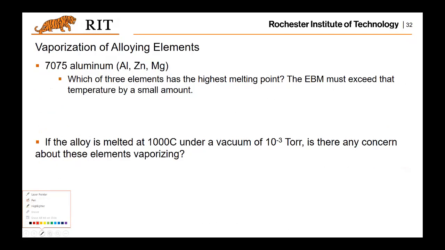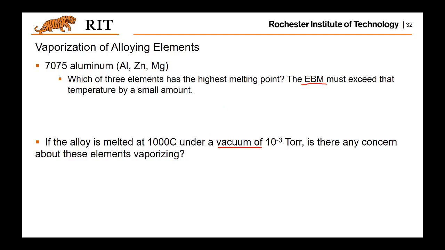For different elements, because there is a vacuum environment, especially in the electron beam melting process, these elements could be vaporized due to the vacuum and the high temperature. So it is essential to look at what temperature and with the given vacuum these elements could be vaporized,